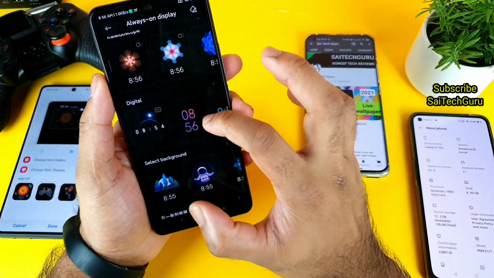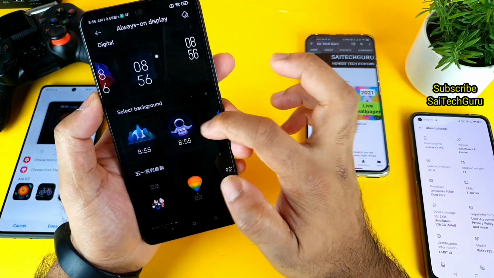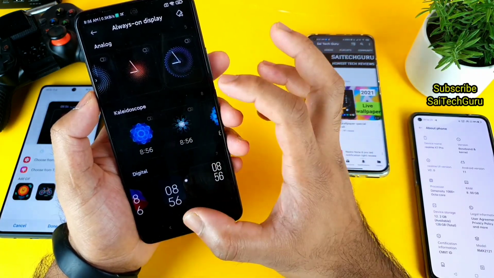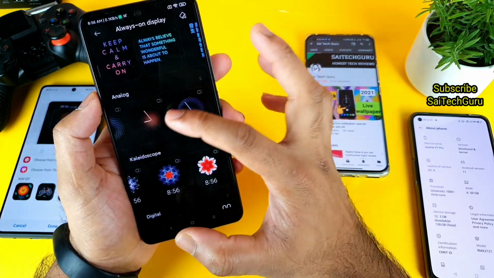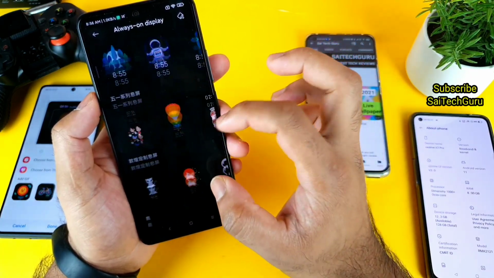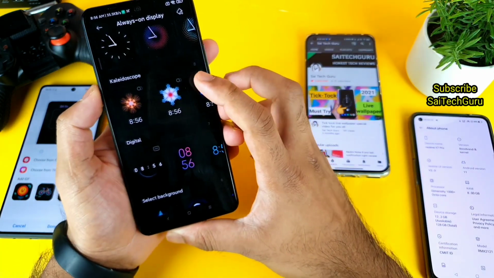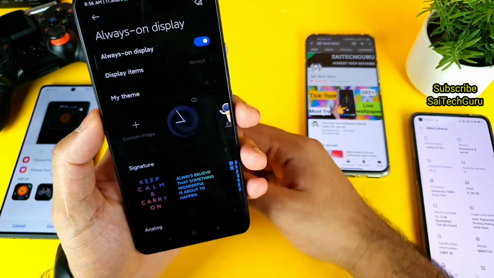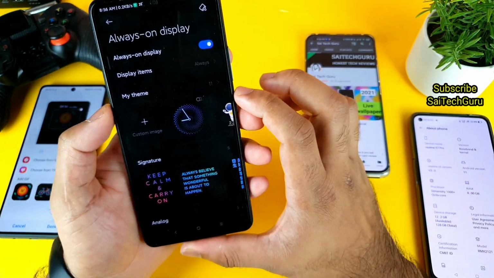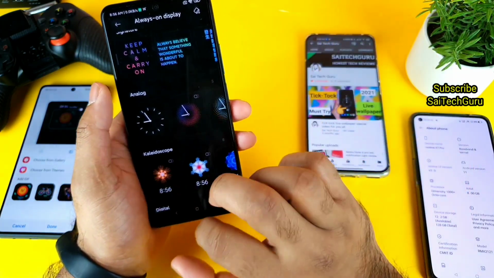And in terms of multiple digital clocks, there are 7 digital clocks available and 6 backgrounds available, as you can see. There are so many options in this MIUI 12.5 with the update. As you can see, there are so many patterns and so many live wallpapers. A few things you need to know friends, you can customize so much in this MIUI particularly. There are many themes available in case you want to download from the theme store as well. These are the few options here, and there's nothing much favorite about this particular UI in my opinion. Everything was simple and straightforward, so there's nothing much special in this MIUI 12.5.